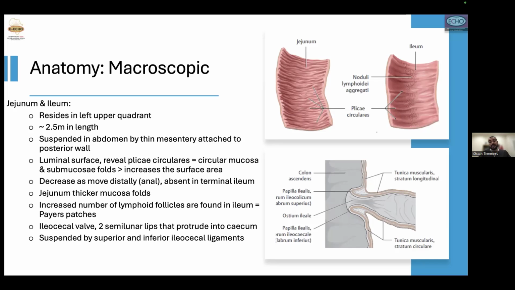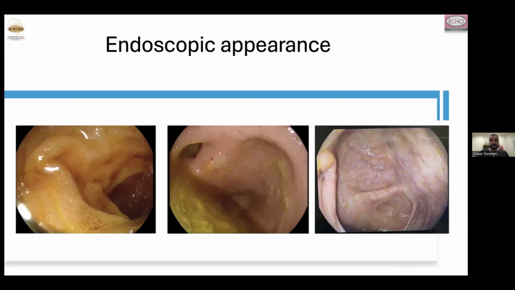The ileocecal valve itself is two semilunar lips that invaginate or protrude into the cecum, which I'll show you a bit later. If you look at the images in this particular endoscopic diagram, we start from right to left. Right is the cecal pole. You can see the appendix over there, and you can see the ileocecal valve here with these two thick folded